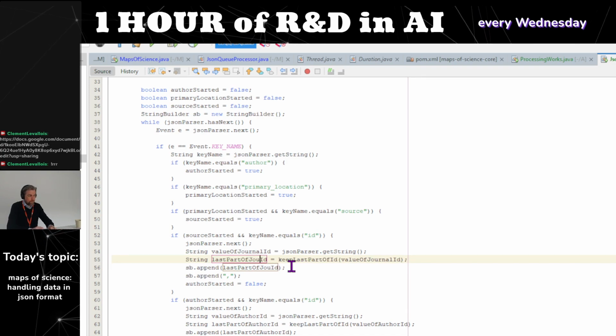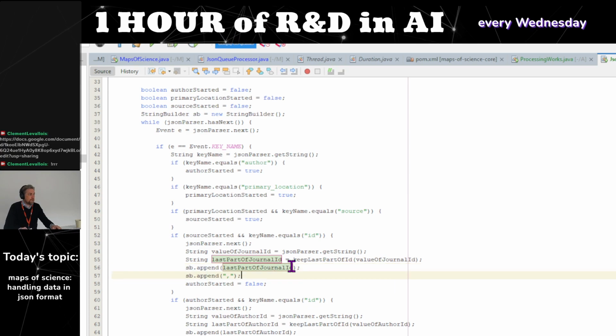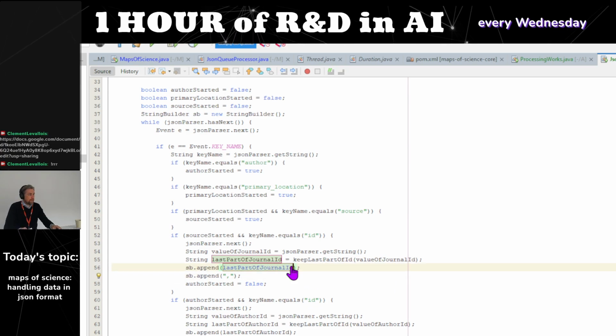As you see, it's really simple once you get the logic for the author's ID. You do the same for the journal ID. The only difference is that we don't